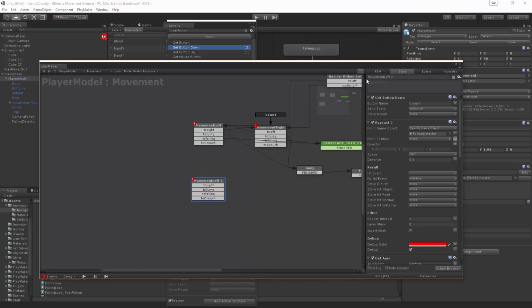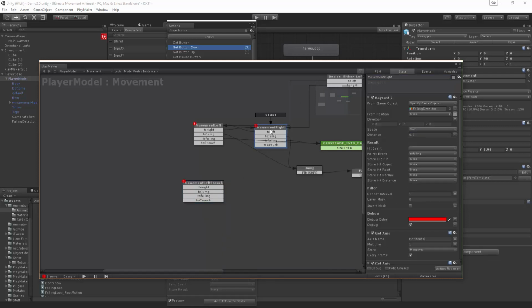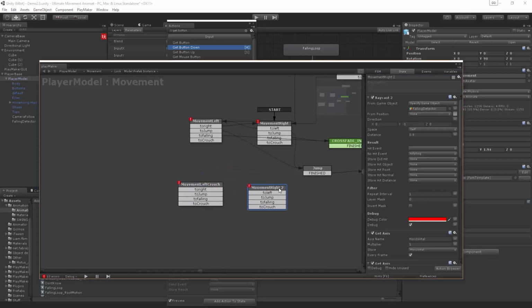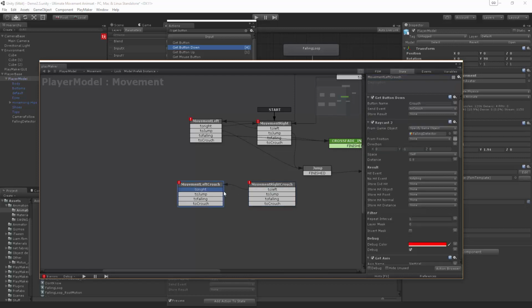Paste this guy here. We're going to say movement left crouch. This is pretty much just shortcutting everything. And copy and paste the right guy. No, we don't want to worry about the start. And we're going to copy and paste this guy, and this guy is going to be our crouch right. Oh, let's make sure it's spelt the same. Crouch right crouch. And then let's hook up left and right, jump and